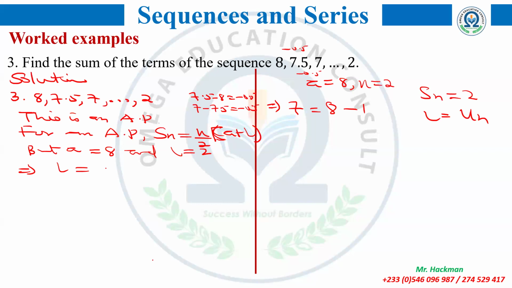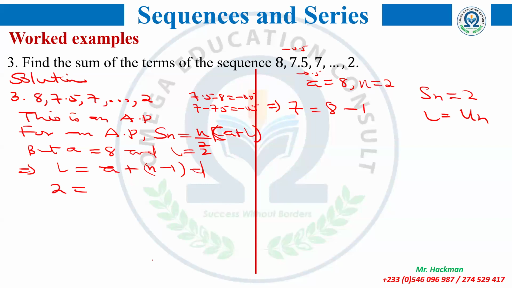2. Okay, it's equal to 2, but you stated that one here. So that will give you A plus what? n minus 1 what? d. Is that not it? Okay, so it means 2 will be equal to